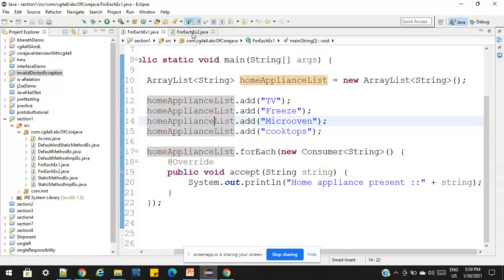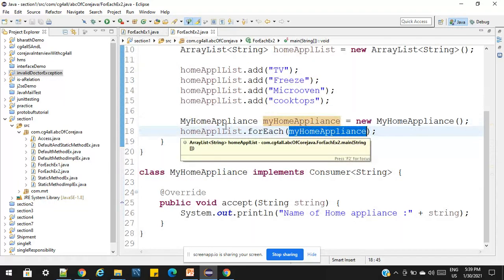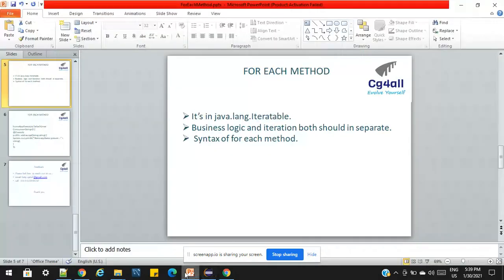Let us consider the next example. Here I am considering the same thing, but I am taking a different class. I already told you the advantage of forEach: the business logic becomes separate and the iteration logic is handled separately. We are not bothered about how to iterate, which should be taken care of by the forEach method itself, so that we can keep the business logic in a separate class. So let's understand with an example.